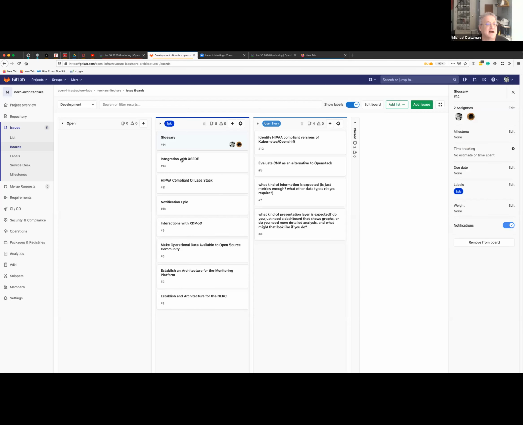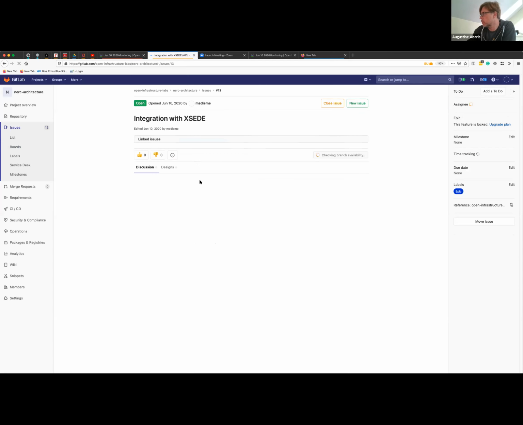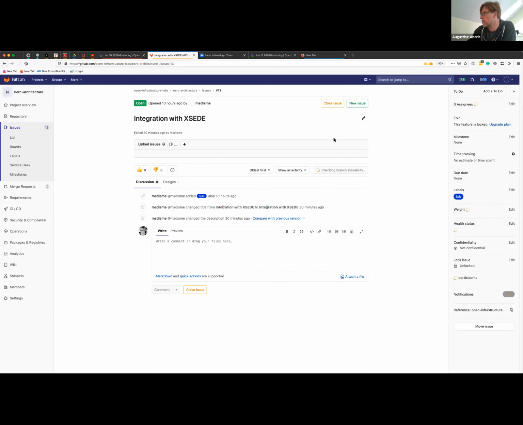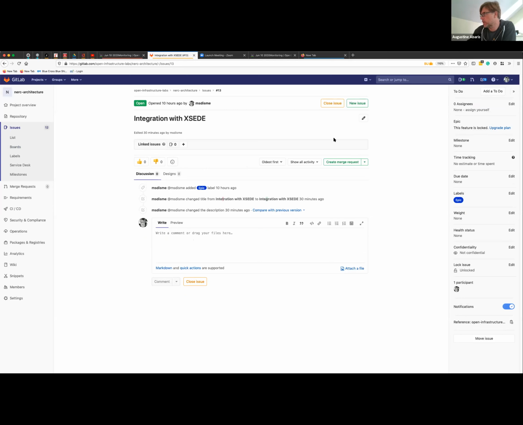Yes, okay. So integration with Exceed. Augustine, I suspect you are the person on the call who best can explain what Exceed is. I apologize for throwing you to the wolves this way. That's quite okay. Just pulling up the notes. Integration with Exceed. Exceed is a national resource for research computing, and there are clouds that are operating as part of that project.